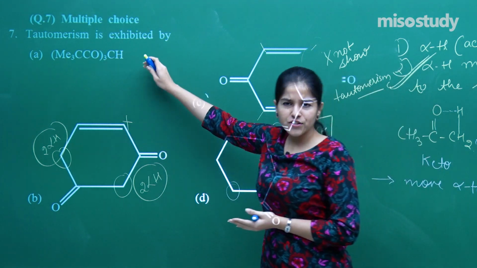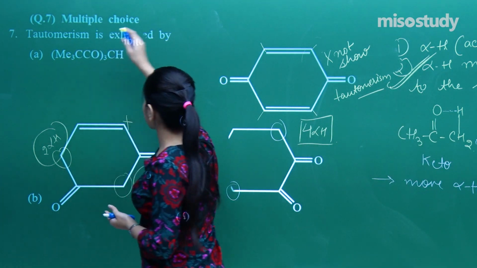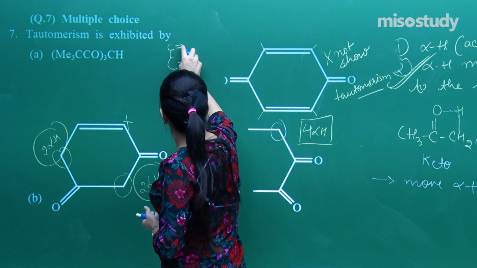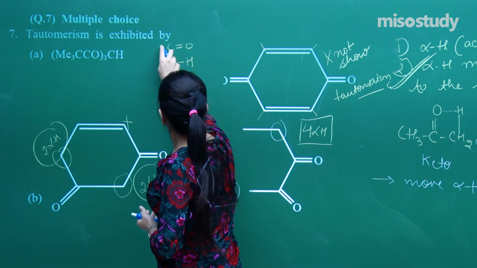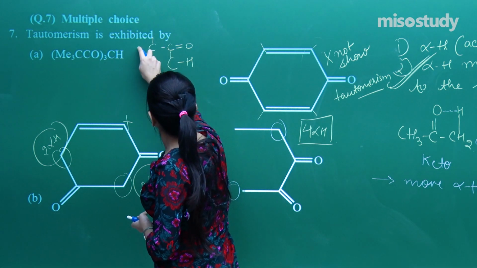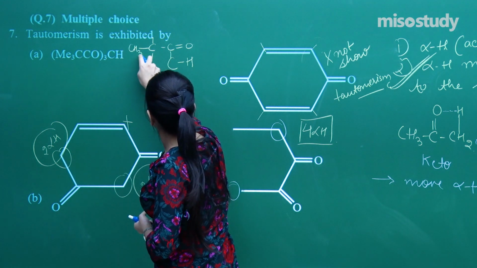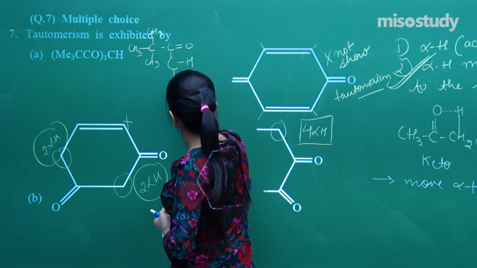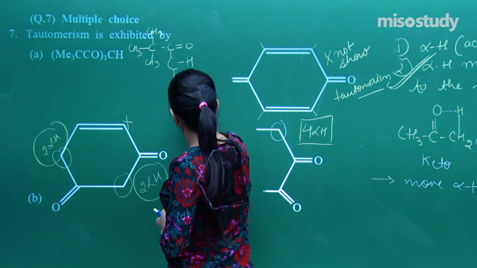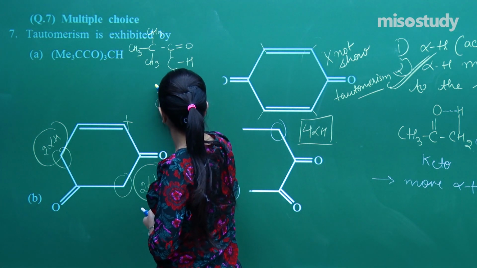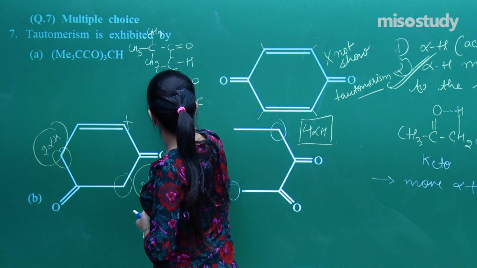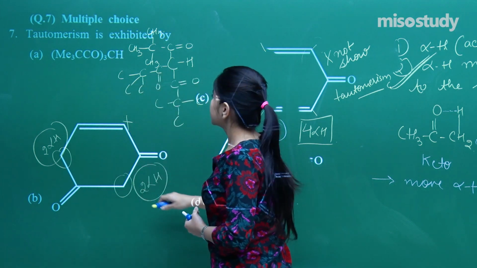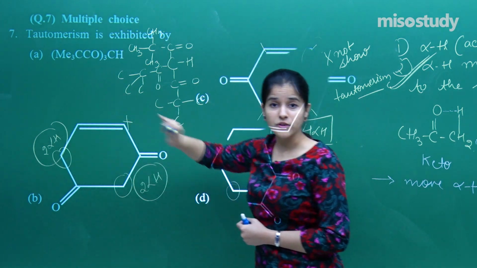So let us check option A as well. If I try to expand this option, CH, I have got CO and a carbon which is again bonded with 3 carbons, and a similar kind of scenario, I need to have 3 times. Also this. This is the structure that is depicted over here.